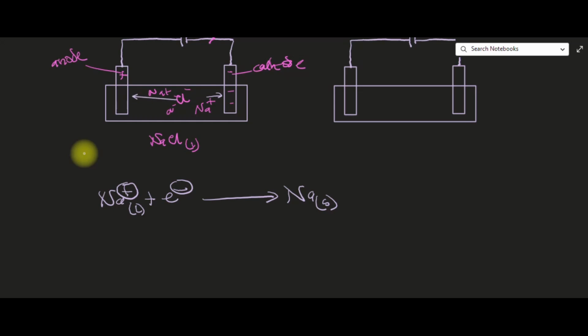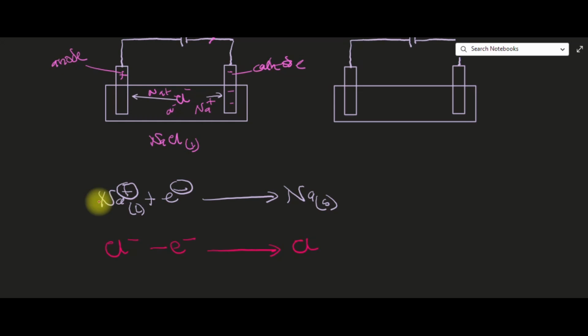So the same thing, the opposite will happen at the anode. The guy that has a negative charge will move to the anode and release the charge on it. So we have Cl minus goes to the anode and release the electron. That is, release the charge, release negative. It releases that negative charge, and then when there's no charge, it means there will be no charge on the chloride atom only. So you're going to have chlorine atom here instead of chloride ion because that electron has been released